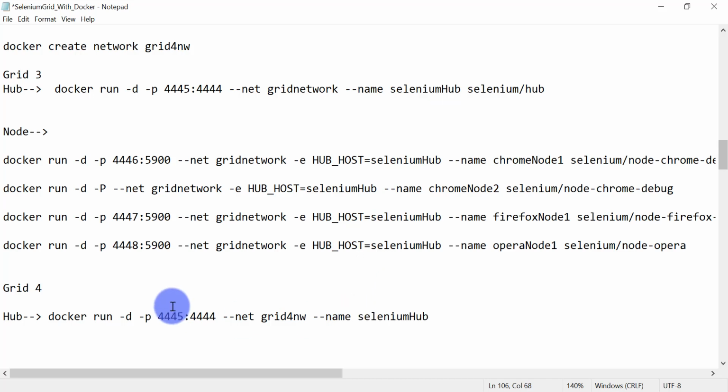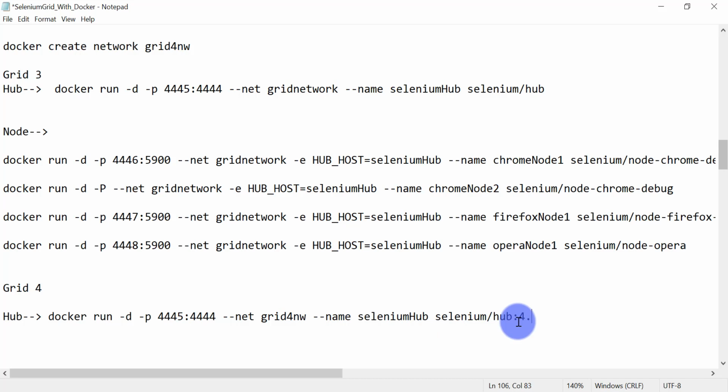As you can see, we have almost the same command as that of Grid 3. The only difference here will be the image. Here we used the latest image from selenium/hub, but now we are going to use a separate image, the 4th version of the Selenium Hub. So selenium/hub: and here we need to specify the tag.